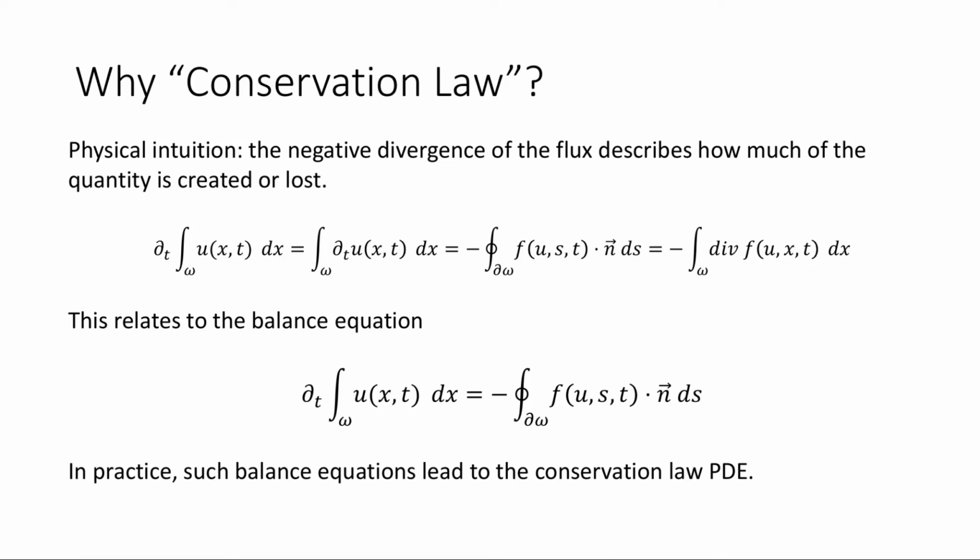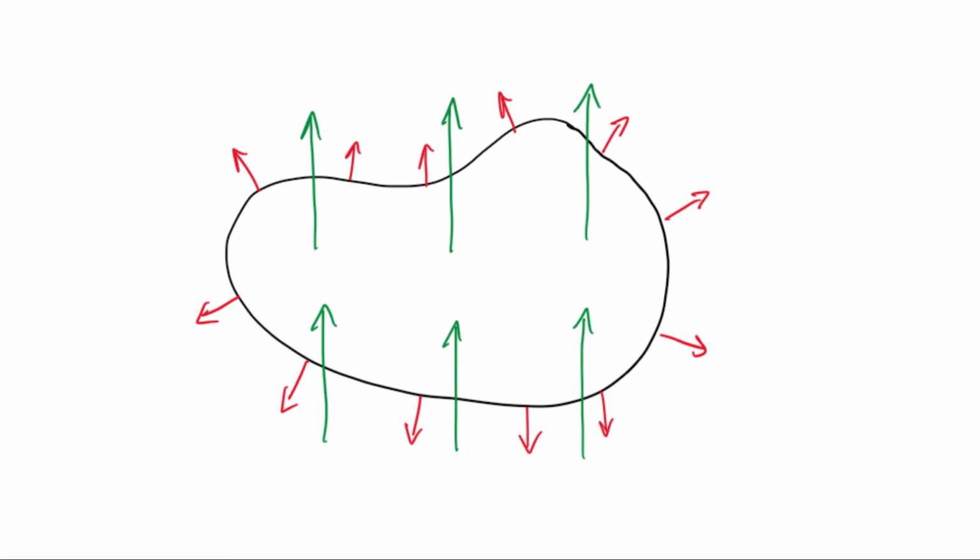So what is the intuition for the balance equation? We've used that in a simplified setting in one dimension, but let's just have a look at a small graphic to describe it also in higher dimensions, for example, in 2 dimensions. So what you see here is a small domain omega, and the red vectors here indicate the outward surface normal of unit length. And let's suppose we've got the quantity flowing in the direction and velocity given by this green